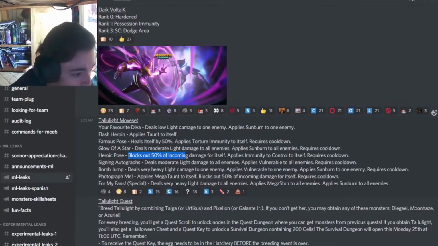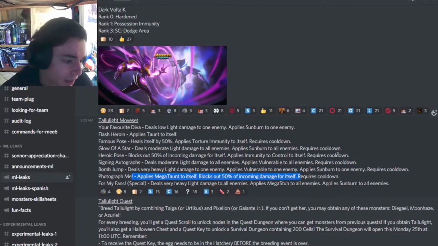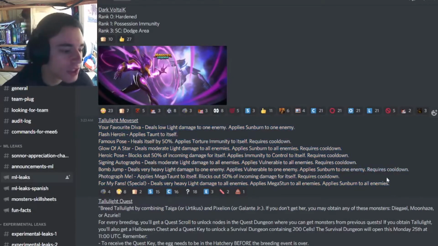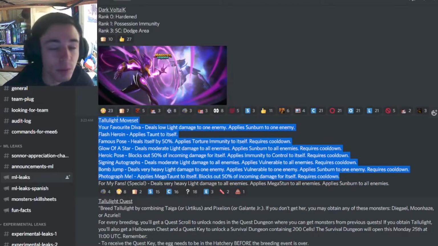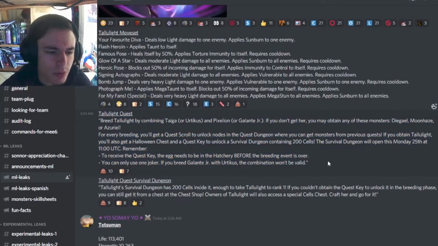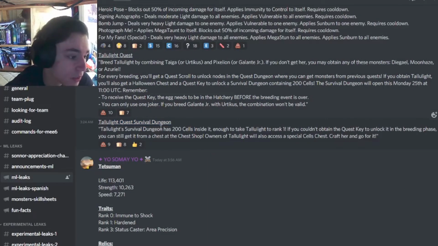And she can block out 50% incoming damage to herself, which is pretty good, and immunity to control, which is pretty good. And then she can also apply vulnerable, which is interesting. And she does have a Megataunt move, but of course, if she doesn't have Status Caster Megataunt, that won't really matter. So overall, pretty decent monster. Hopefully she has Status Caster Megataunt though, because that will make her really good. And we don't actually know when this event will start, but I'm assuming it is going to be next week. And of course, since it is a quest, it will have a survival dungeon where you can get 200 cells